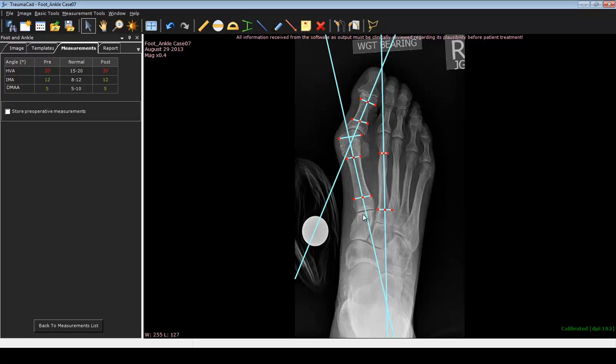But by and large, this is a relatively easy way to do it. And then if you look back over here, you can start seeing that we have certain measurements. Our hallux valgus angle shows up as a 37-degree angle. Normal measurements are noted in the next column, which would be 15 to 20 degrees, so clearly we have a hallux valgus deformity. And then if you evaluate the other angles, the intermetatarsal angle and the distal metatarsal articular angle